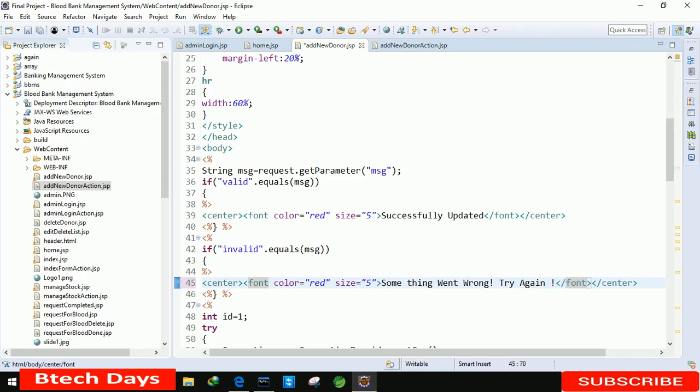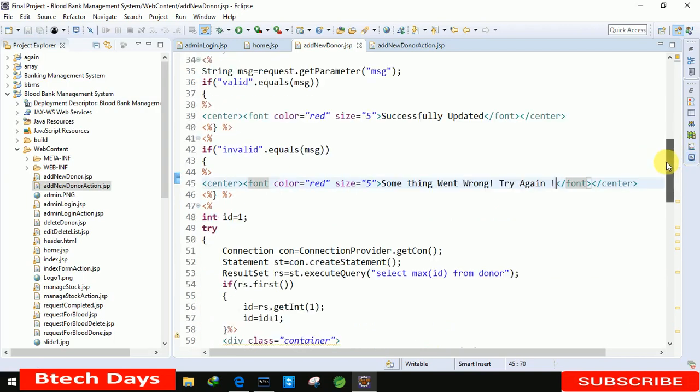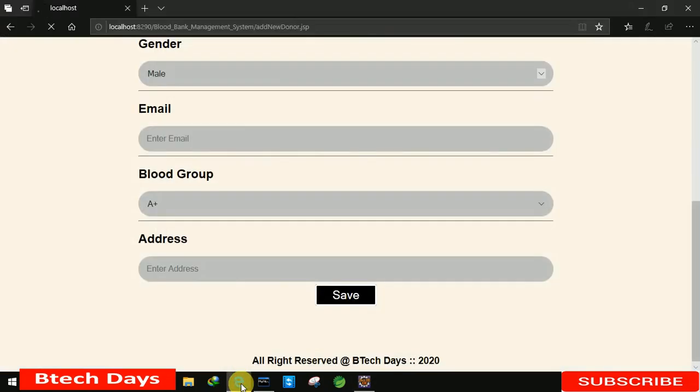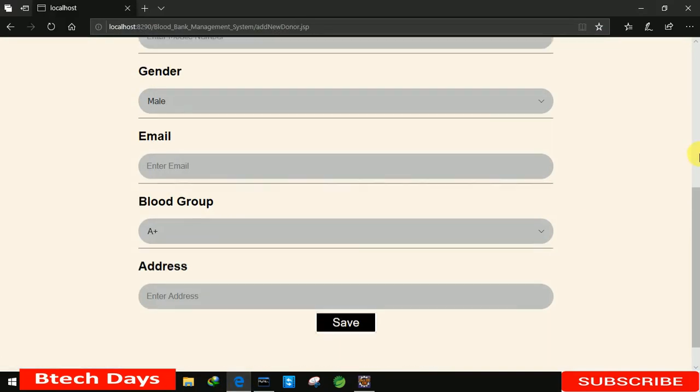Now you can see our HTML form has been created. We wrote the code to insert the data, and we also wrote the code to display the message. So let me run this and check whether it's working or not.